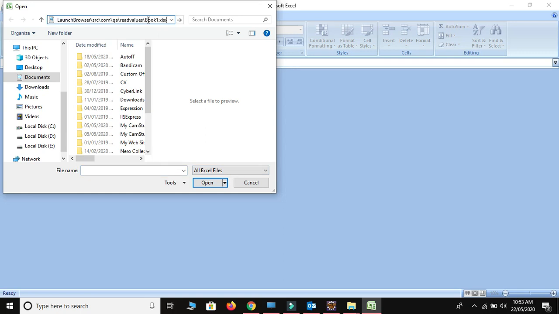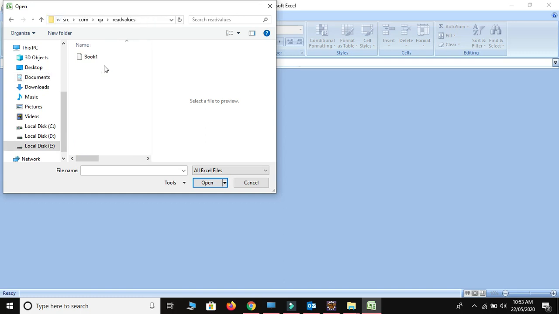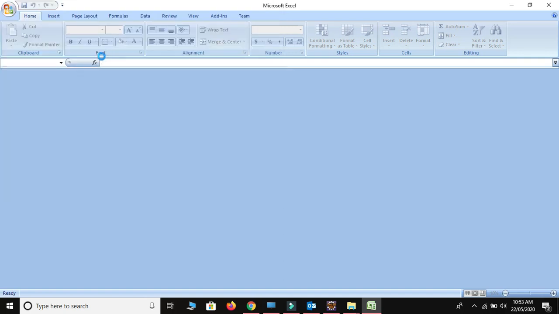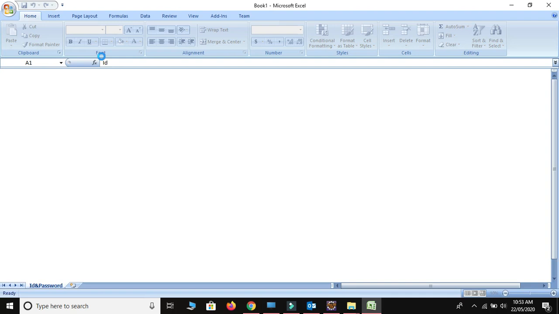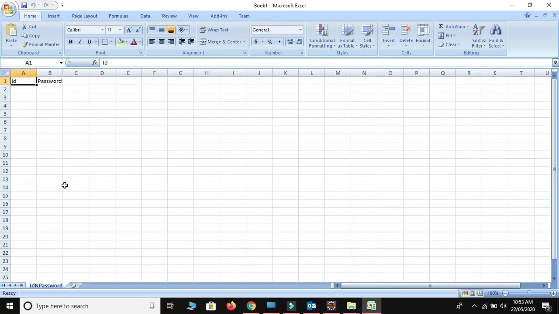I hope it copied. Okay, so let me open this folder, and inside this folder this is our file. Let me open this one. I hope we got the actual. Okay, see guys, the sheet is created, ID and password. This is the sheet, ID and password, which we created.